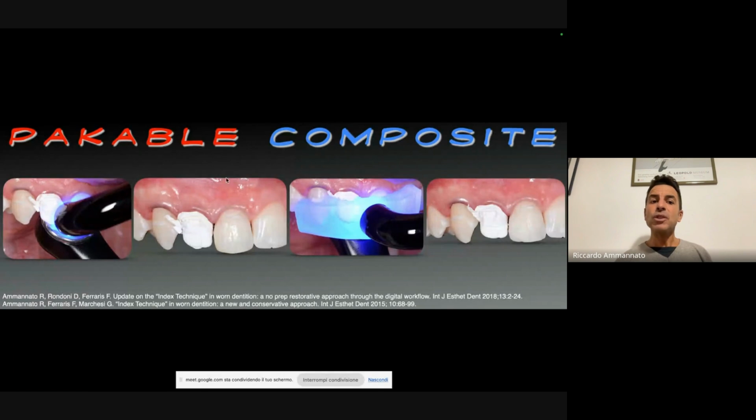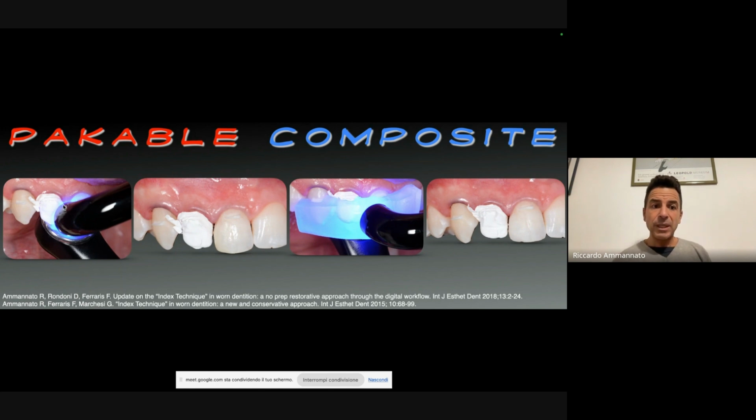Now, I'm using a packable composite, heated up packable composite. So it's a variation, let's say, of the flow injection. When I don't drill the holes, I also use the flowable one in these kinds of cases, but without drilling, I just place it on the tooth, and then I will land with the index, because in my hands, I have fewer bubbles.